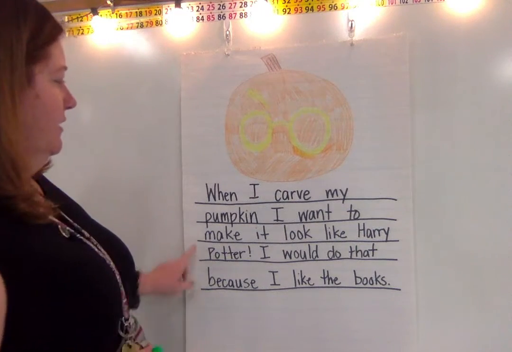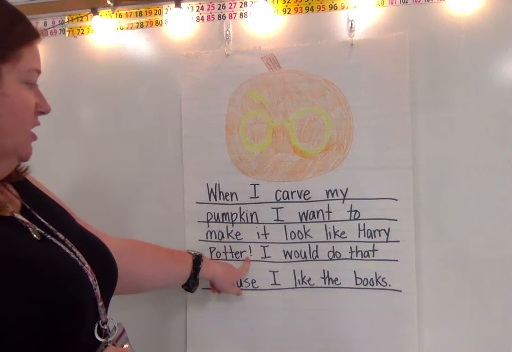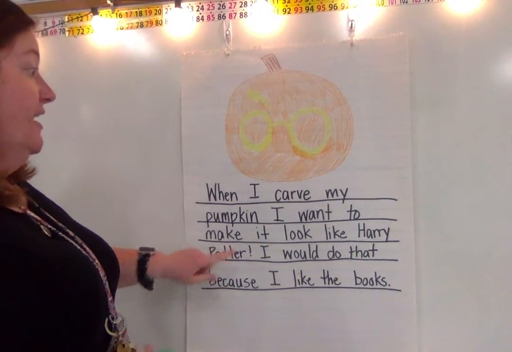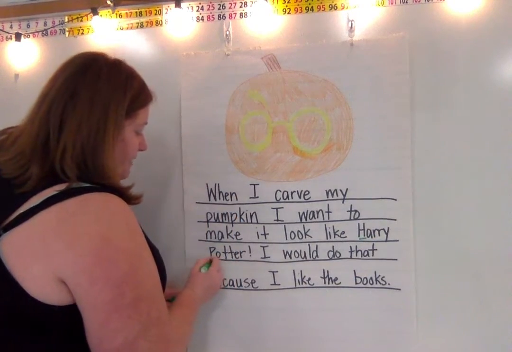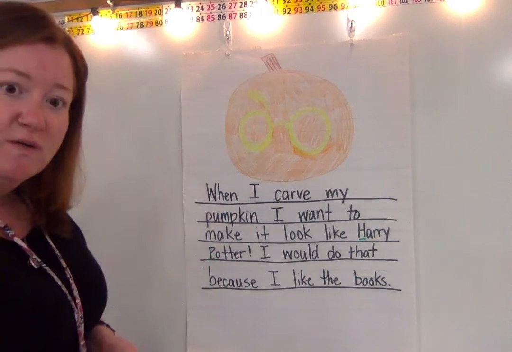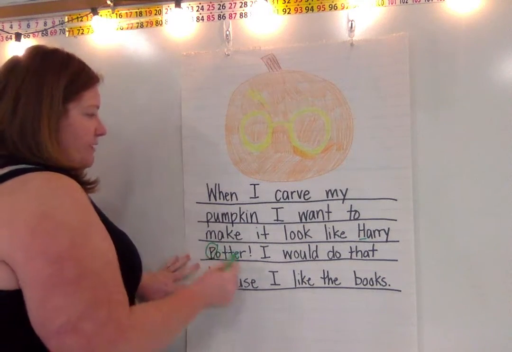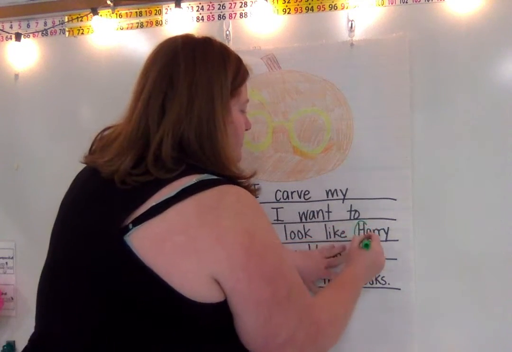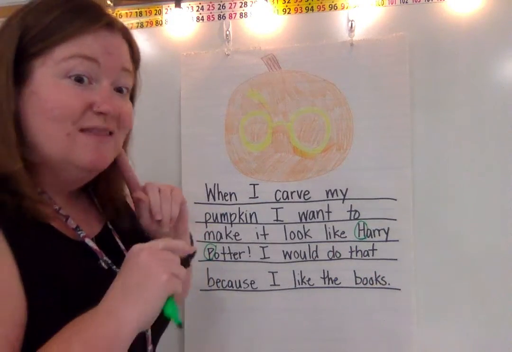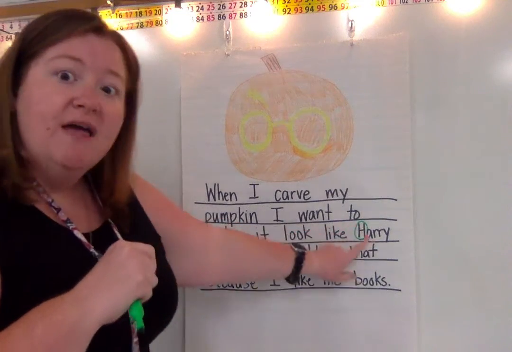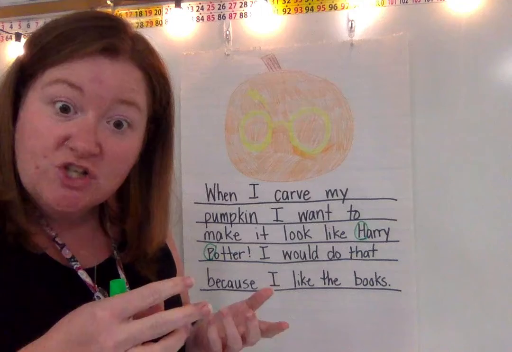I see a period, an exclamation point here. So this is a name. I did capitalize my name. Harry Potter is a name, so I did make those capital letters. The rest of my letters, maybe you can see it better if I circle it. I did do a capital letter here. Now, you don't have to circle yours, but I do want you to see that those are capital letters because they're a name. When we write our name or a family member's name or a friend's,